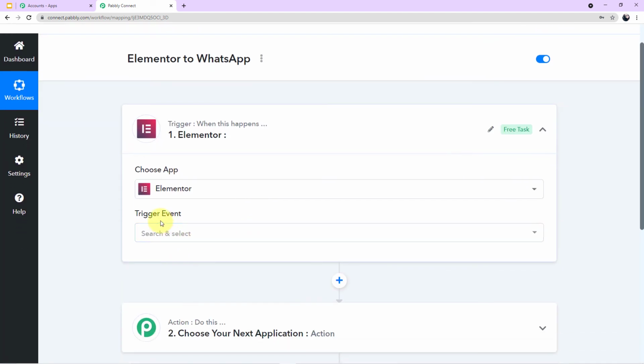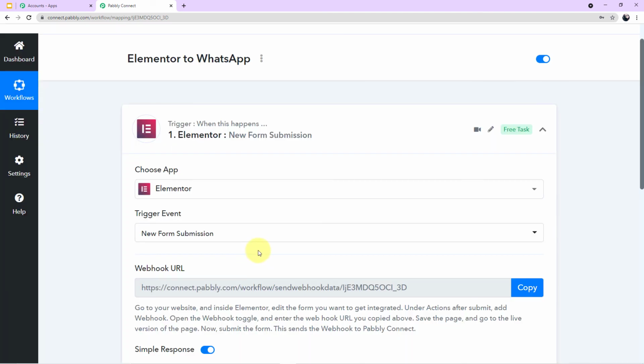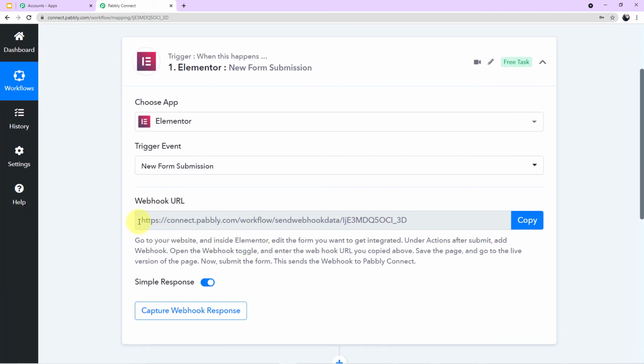And now a new field of trigger event has emerged in front of me. Now if you click this arrow, you can see the trigger event, which is new form submission. So I'll choose this. And guys, now a webhook URL has been generated in front of me. With the help of the webhook URL, I'll be integrating Elementor with Pabbly Connect. But first, read the description